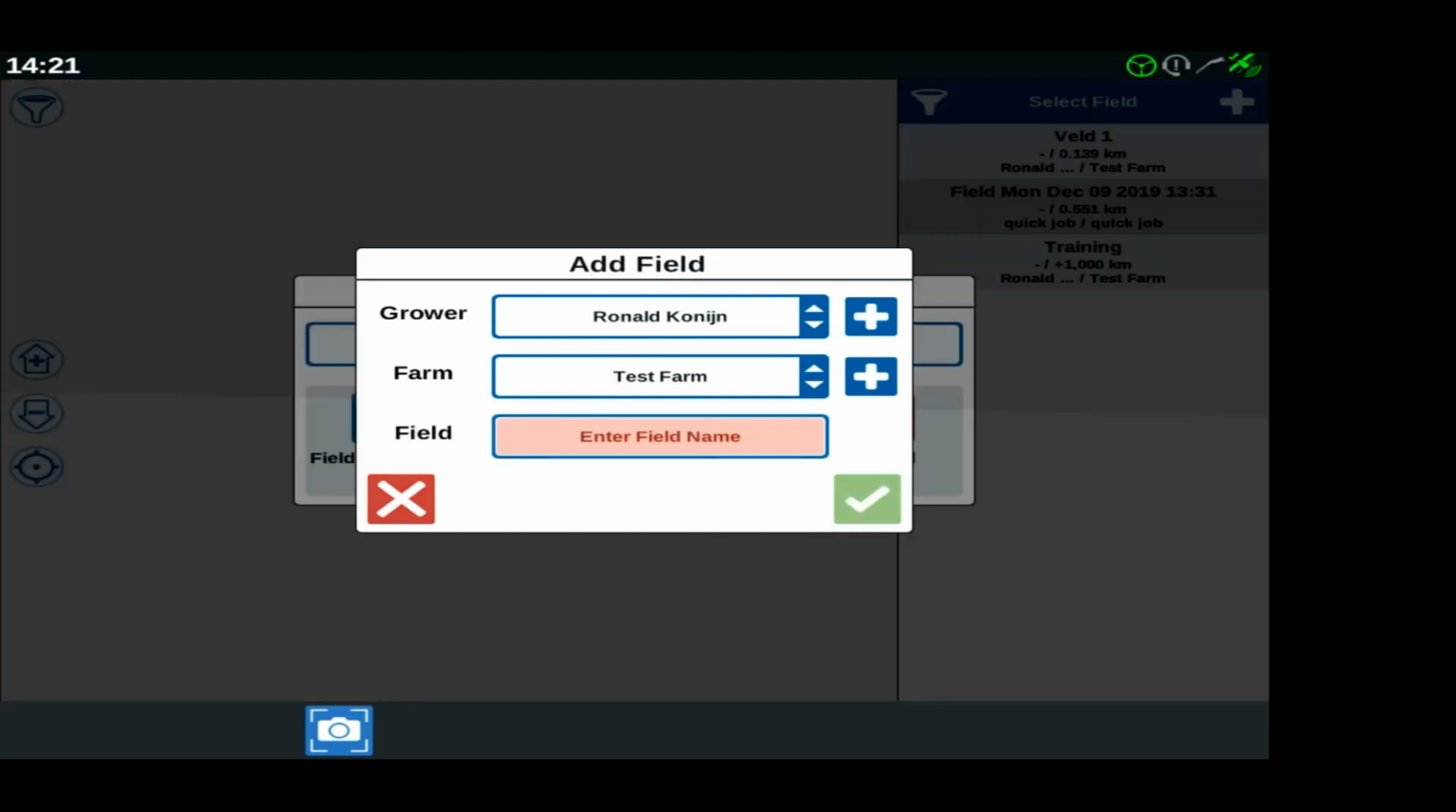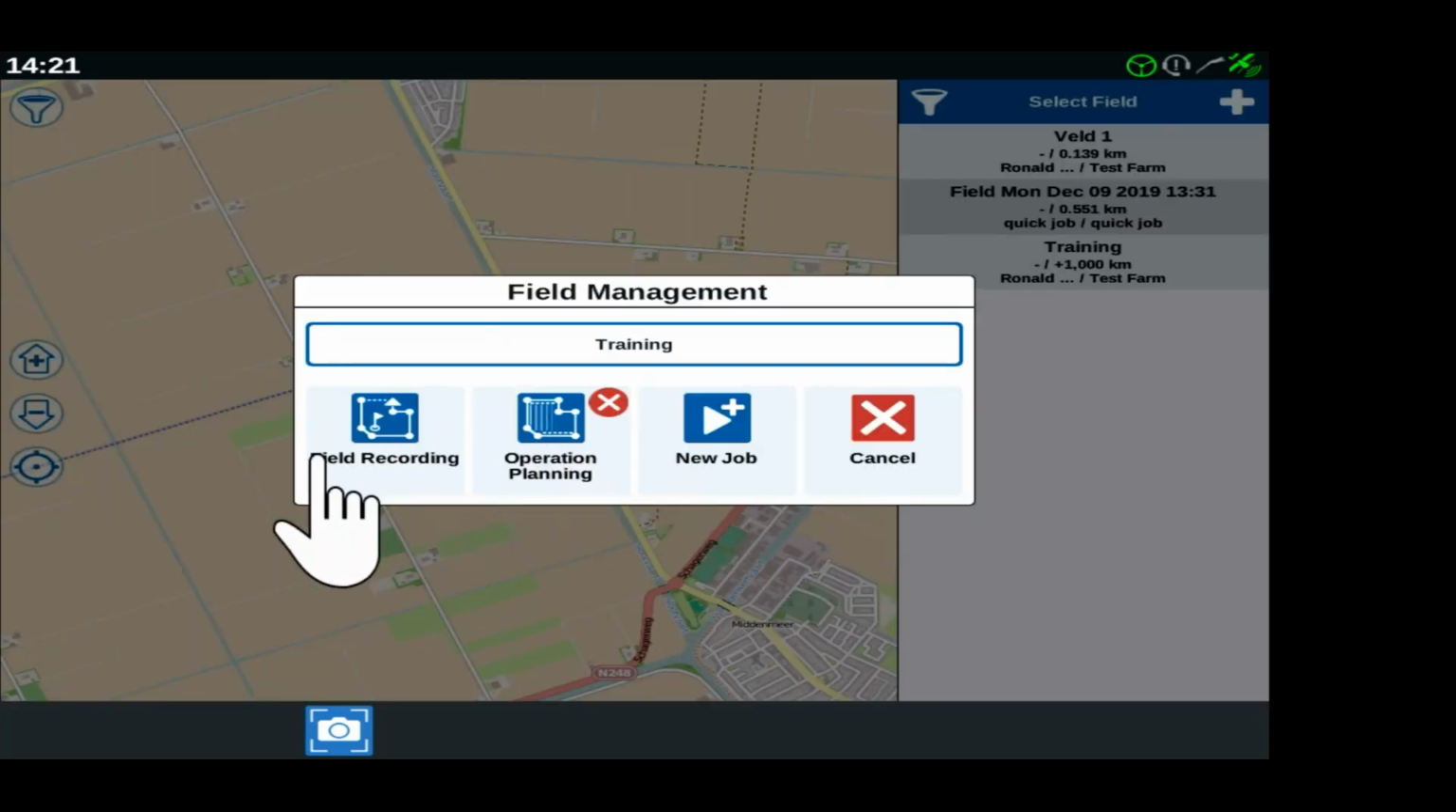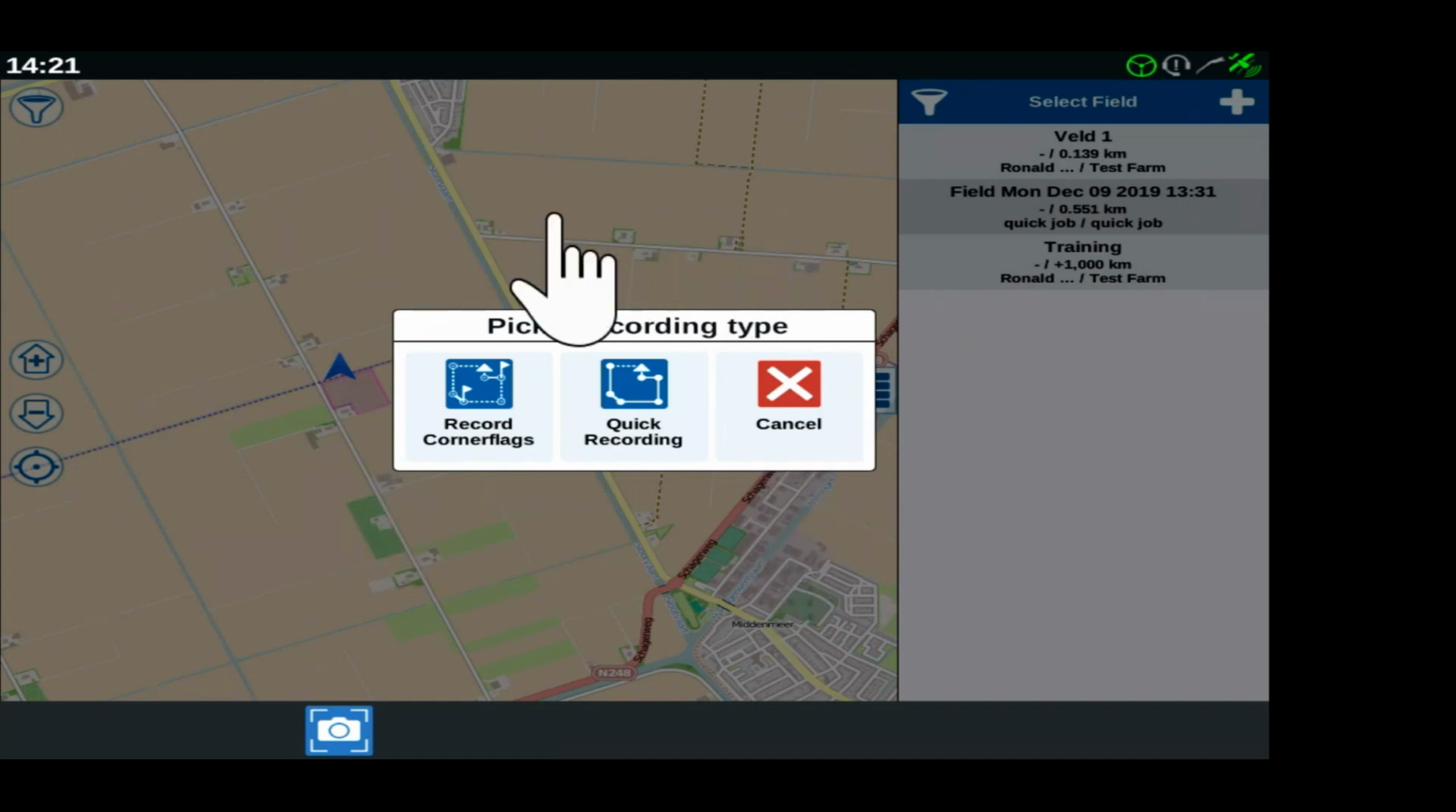We're gonna continue here, and then it'll ask me on the field recording, because like I said, I want to create my field in CRx. I do not import it from the computer. So go to field recording, and then we have two options in CRx. We can do it based on corner flags. So in every corner of the field, I set a flag, and then between those flags, it'll draw a straight line, or I record a curve in between. I'll show you how to do that. Or we do quick recording. So then it'll just draw the boundary as how I'm driving it. So if I go to quick recording,